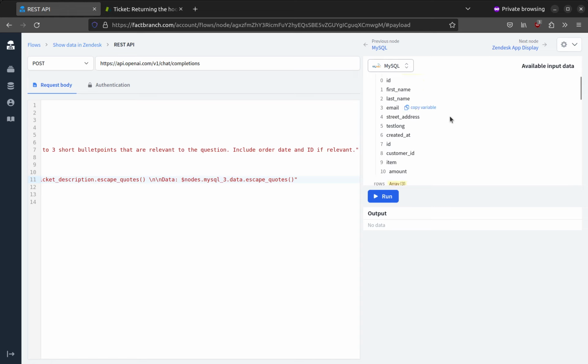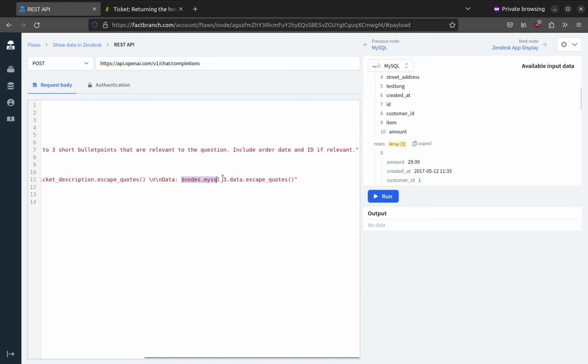I'm just gonna go in here and copy the variable, paste it here, and I don't just want the rows, I want all of the data. Okay, if we run this now,